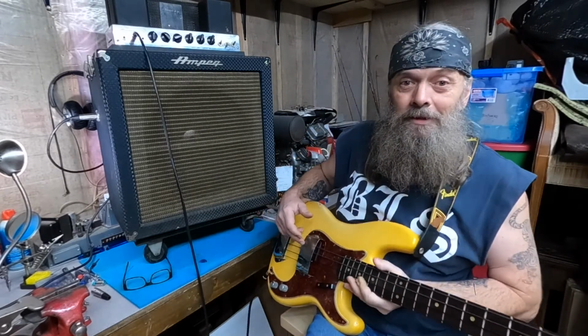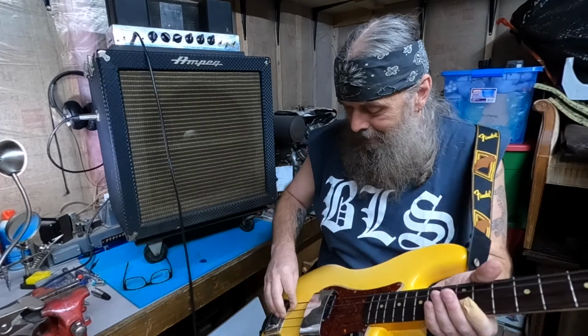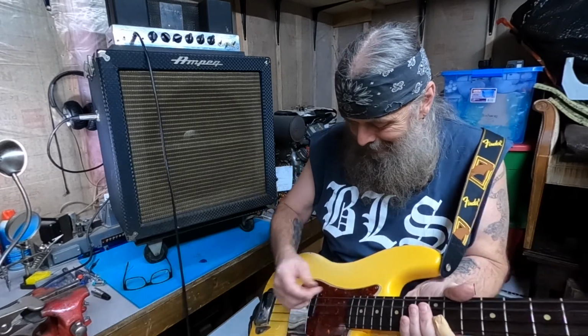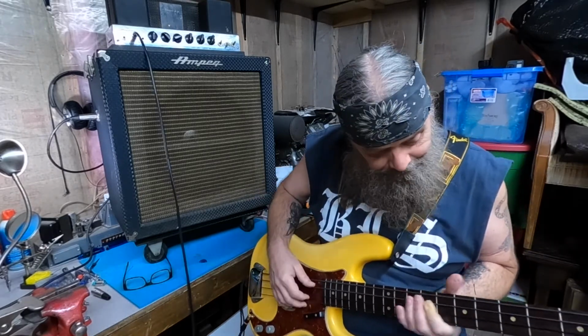I tell you what, though, with these basses, this guard right here is kind of a pain in the ass. You're either kind of forced to play ahead of it or behind it. It's just what it is with these old things. A lot of people take these off and they lose them or sell them. But these are original, so...